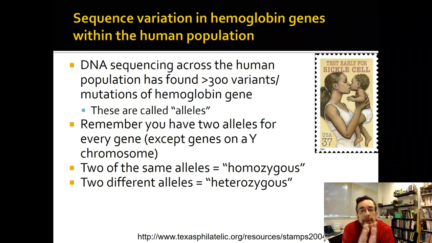So if you look at the human population, you can see a lot of different variations in the hemoglobin that sometimes have an effect and therefore are associated with certain populations. These are very small mutations, by the way, in the big picture of things. So we can find about 300 variants of hemoglobin that seem to have some effect on physiology. The sickle cell mutant is one of these variants. The different versions of genes are called alleles. If you have 2 for each gene, if you have 2 of the same allele, you're homozygous. If 2 of different alleles, you're heterozygous. And it turns out that the African population has this sickle cell mutation that ends up in the population.